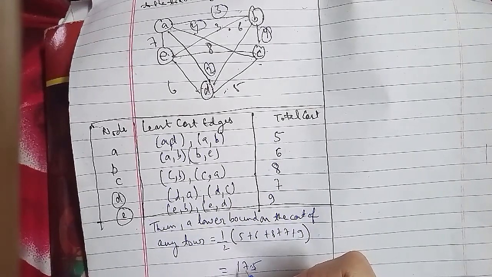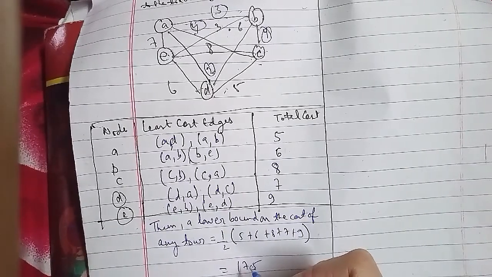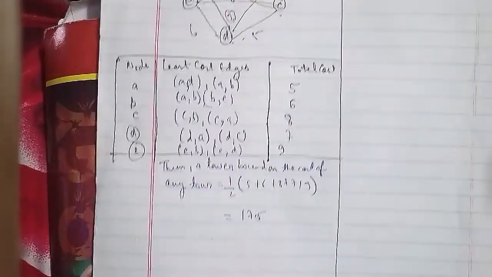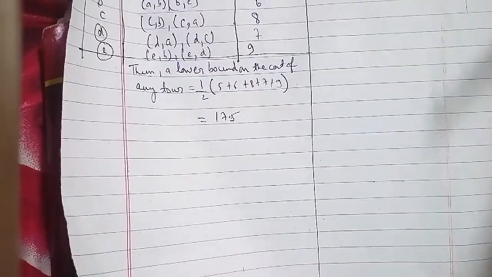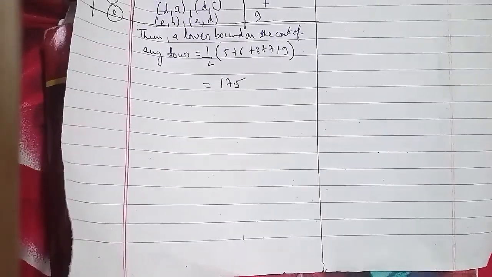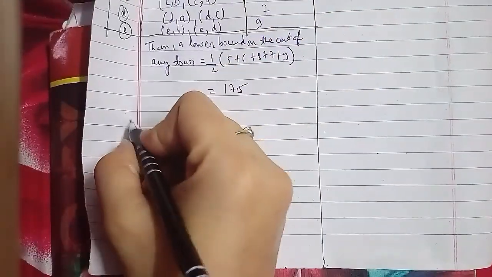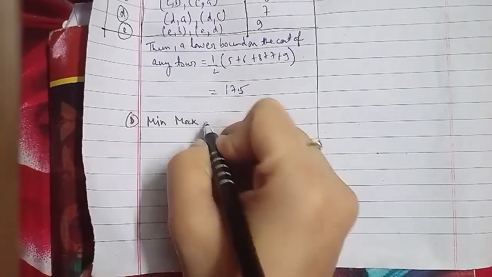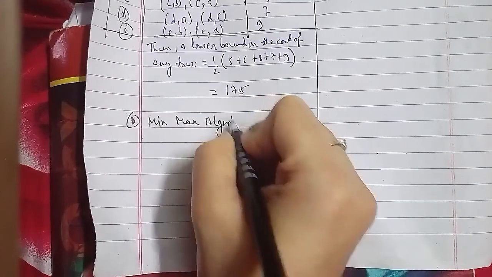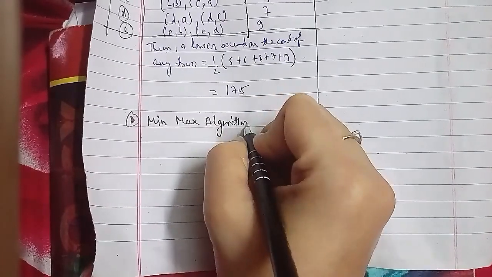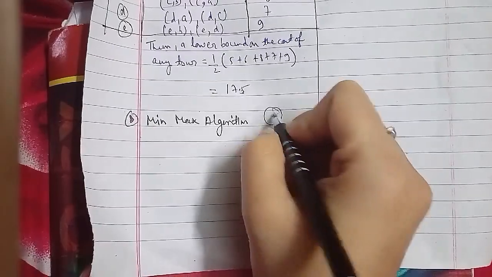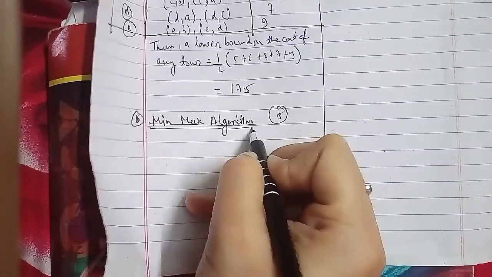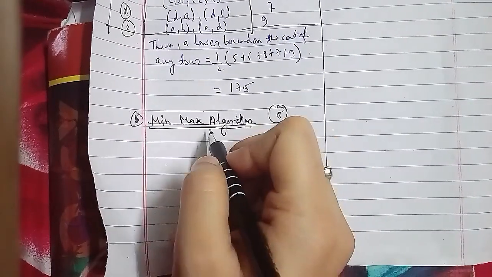In the min-max algorithm, step 1 is to set the final value to be as minimum as possible. Step 2 is, if the limit of the search has been reached, then the final value equals the good value of the current position. Step 3, else do, and in step 3 we generate the successors of the position and recursively call min-max again with the present position with the depth incremented by unity, and then after that we evaluate the good value, and if the good value is greater than the final value, then the final value equals the good value here.